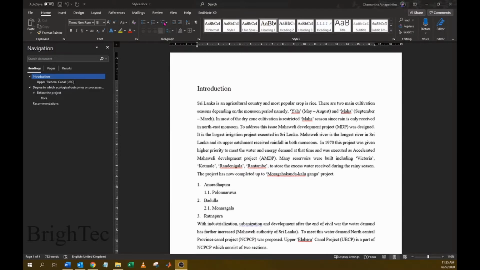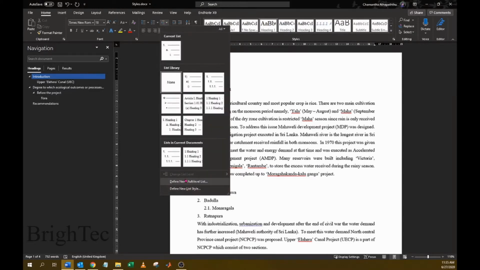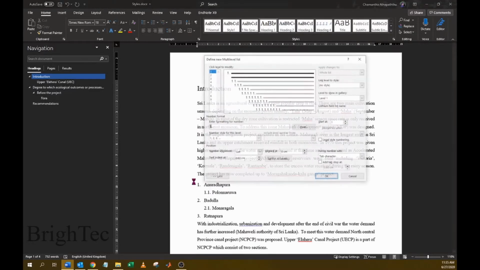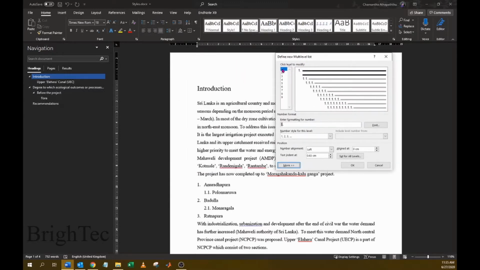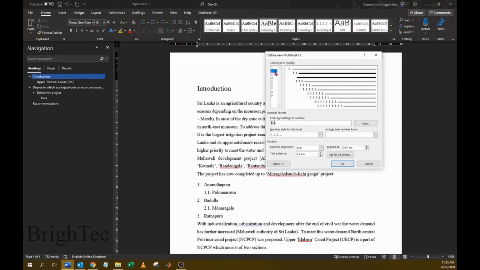Now, to define a new numbering system, go to Define New Multi-Level List, and here in this box you can select the level of your heading. For example, if you are formatting the main heading, you can select level 1, and if you are formatting the level 2 headings, which is heading 2, then you can select level 2. Likewise, you can format several levels of headings.